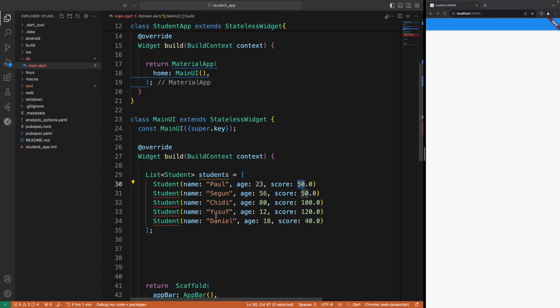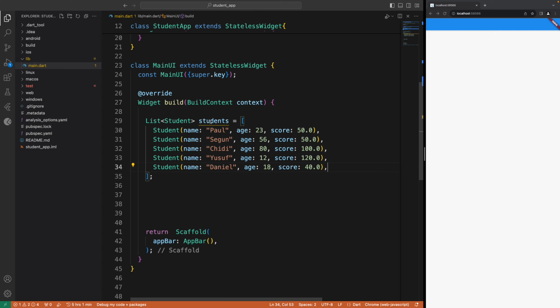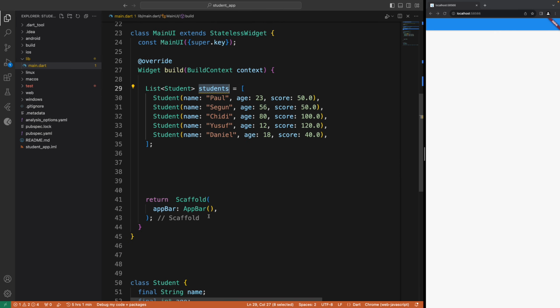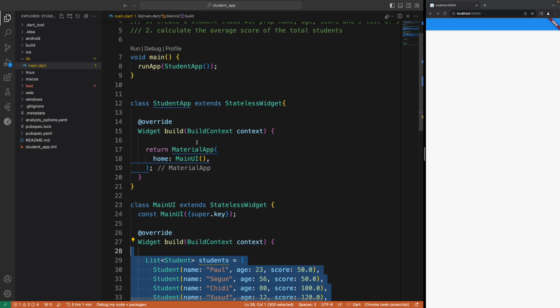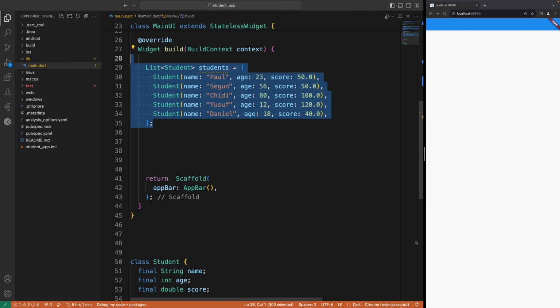So let's say these two guys have the same score. So don't forget to do comma separated. That's actually how you create items in a list. So we have our items inside of a list, and now what we are going to do next is we have prepared our 5 students, and now we want to try to display that in the